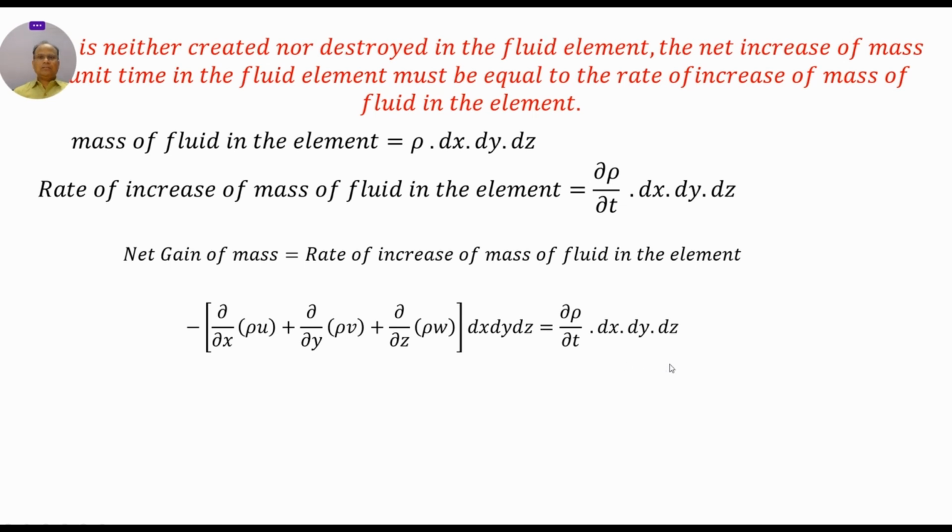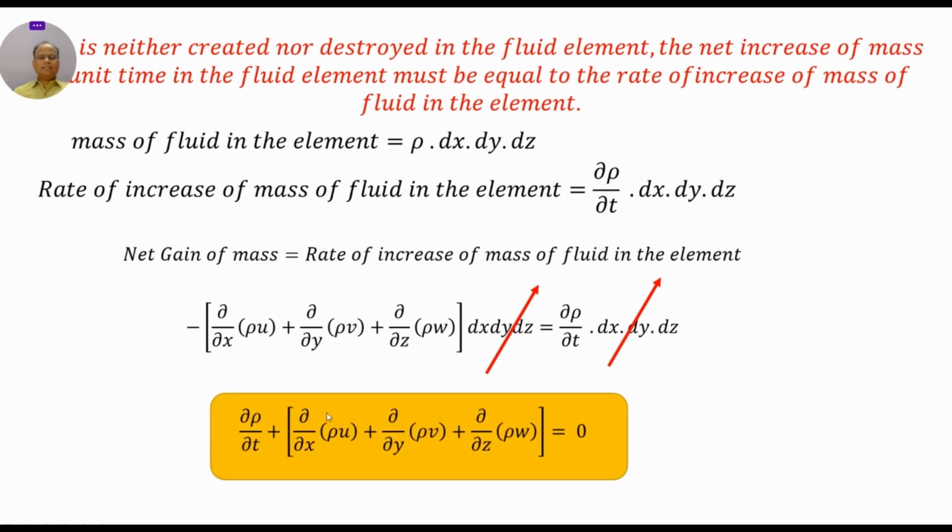Dx dy dz is the volume, known as dV, and it is the same on both sides, so we cancel it out. The remaining equation is ∂rho/∂t plus ∂/∂x (rho u) plus ∂/∂y (rho v) plus ∂/∂z (rho w) equal to 0. This is the continuity equation